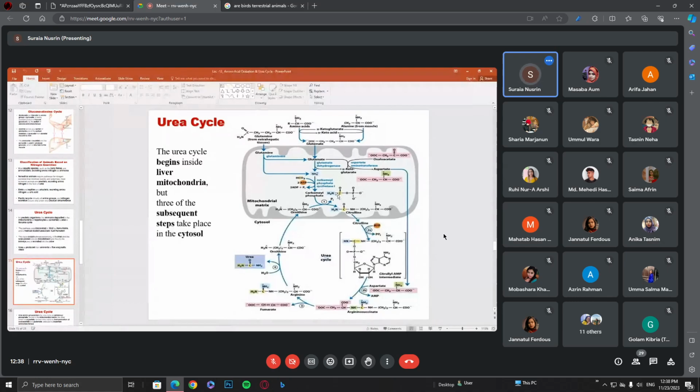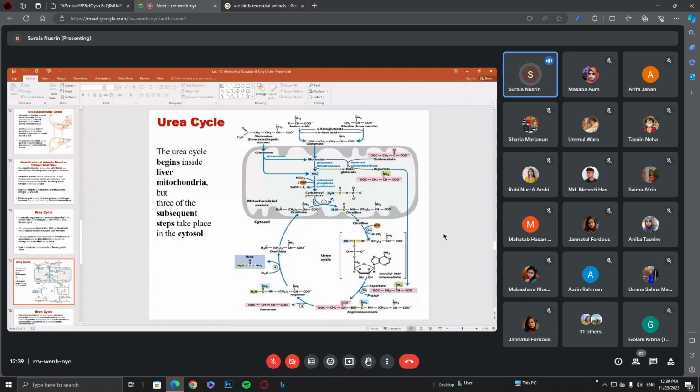In this reaction, the amino group is condensed with bicarbonate and ATP, with ATP donating a phosphate group. Because of the involvement of ATP, the enzyme is carbamyl phosphate synthetase 1, and we get the compound carbamyl phosphate. In this structure, you can see the groups coming from the different substrates. This is the amino group, this carbon comes from the bicarbonate, and the phosphate group is from the ATP.